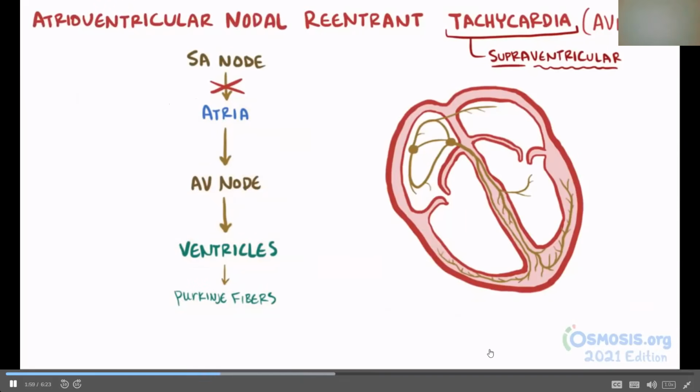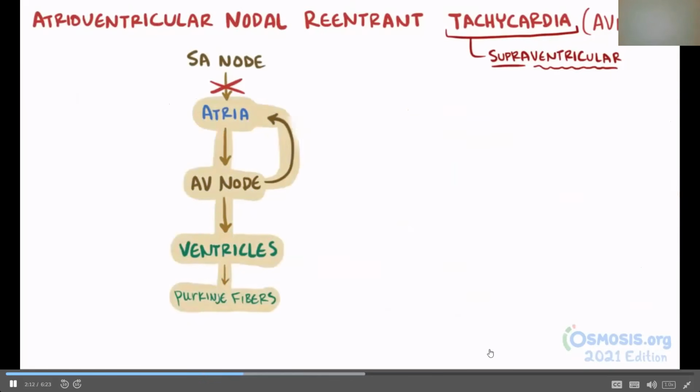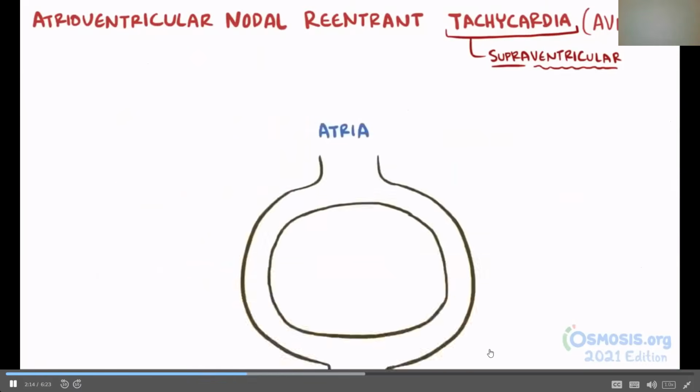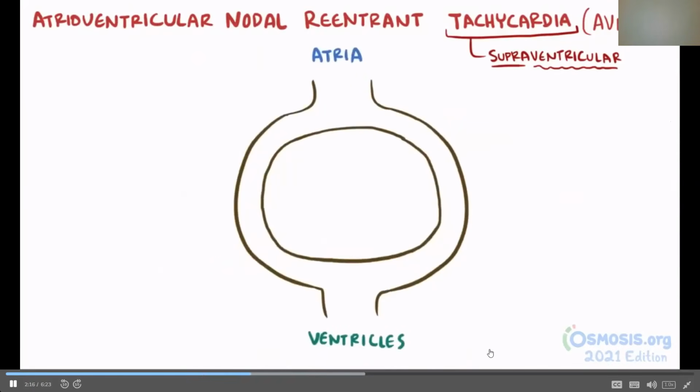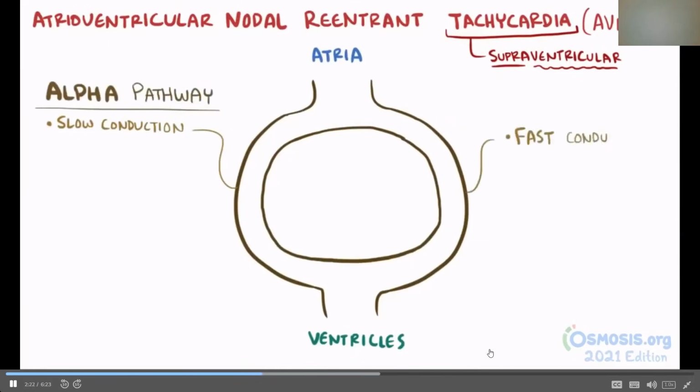AVNRT, just like AVRT, is a type of supraventricular tachycardia, but with AVNRT, it's in or near the AV node, which, just like before, contracts the ventricle and the atria every time it goes around. Specifically, there are two separate electrical pathways that make up this loop, and one of these pathways has heart tissue that has slow electrical conduction, and is called the alpha pathway, and the other has fast conduction, and it's called